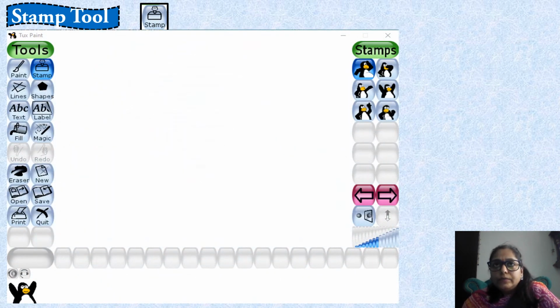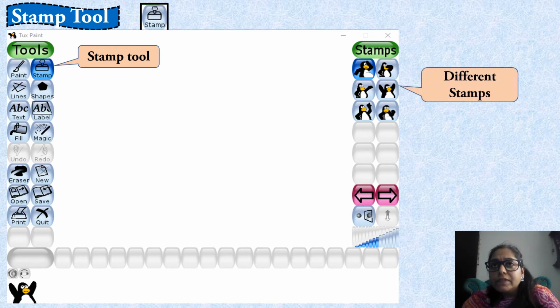Here on the screen you can see the stamp tool is given on the left side of our window. The second tool is stamp tool. When we select this stamp tool, there is a sub toolbox. Here it gives us stamps: 1, 2, 3, 4, 5, 6 stamps are there. These stamps are only of penguins.